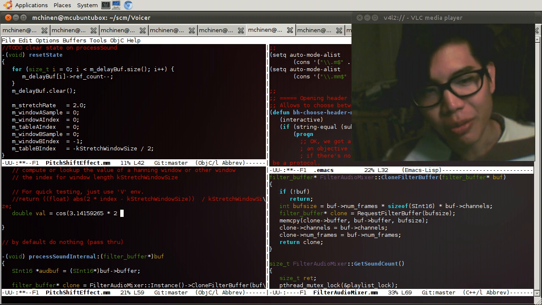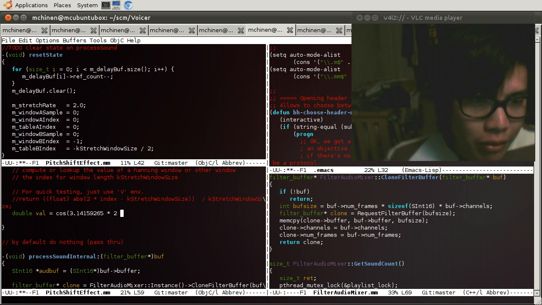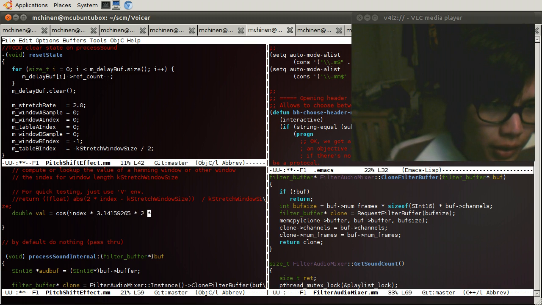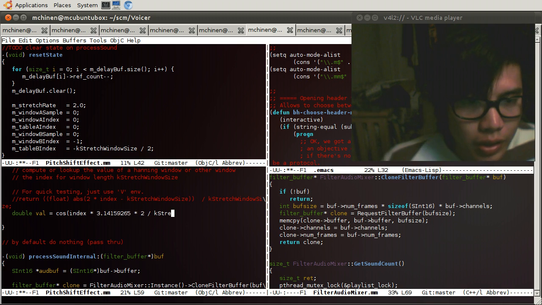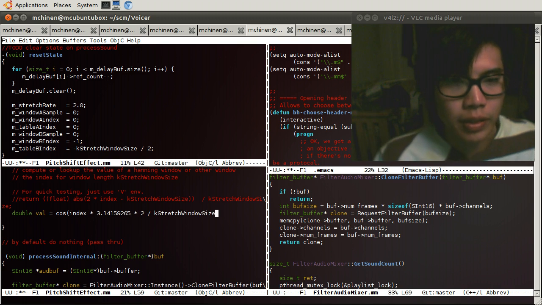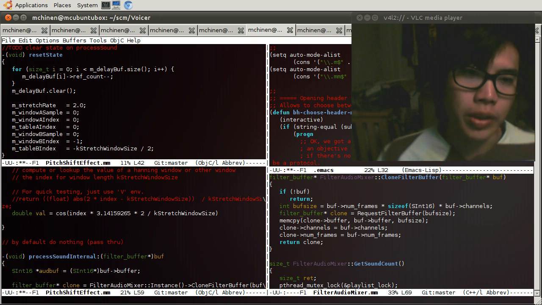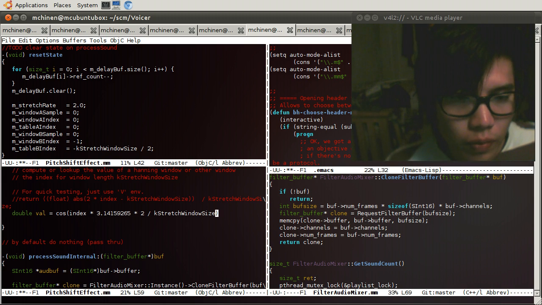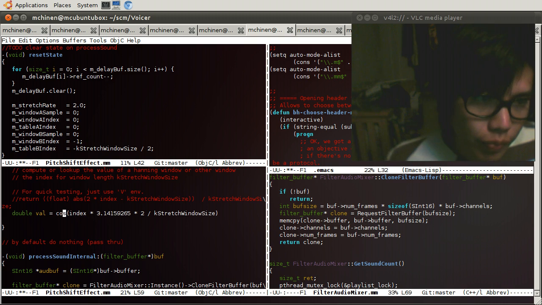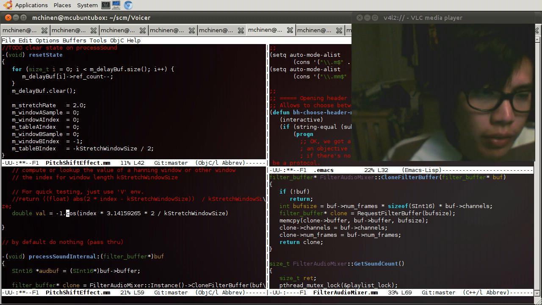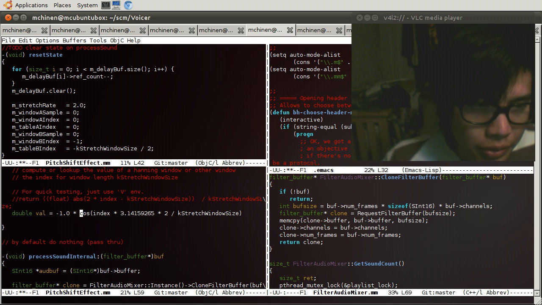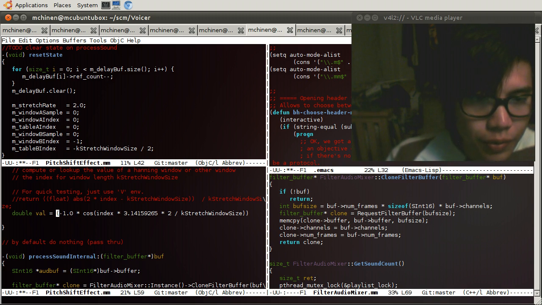Okay. So we want a full cycle, and that's this. What we can do to avoid using those explicit casts is you just multiply by index here, and you divide by window size here. So that'll give us a regular cosine fitted to our window. And again, we have to multiply by -1. And we also have to take that result, add